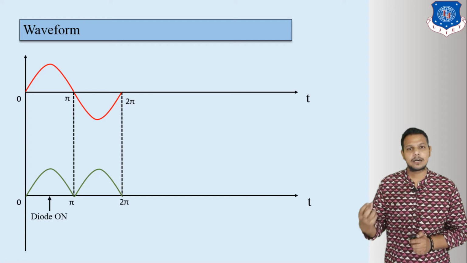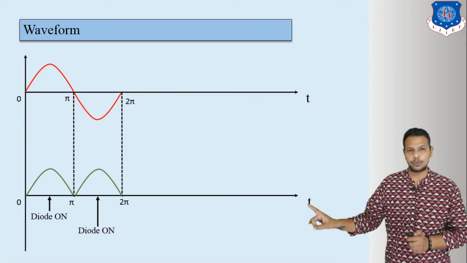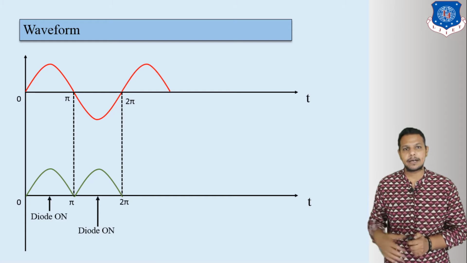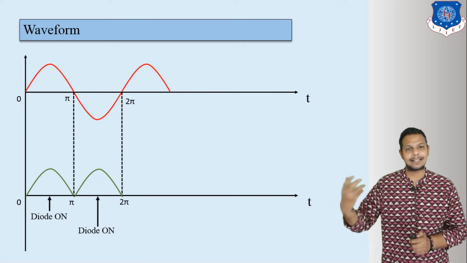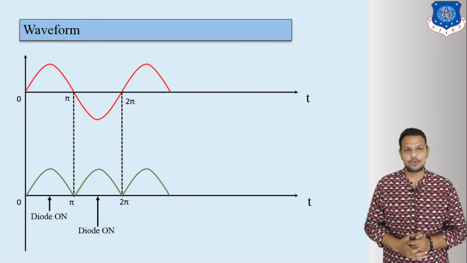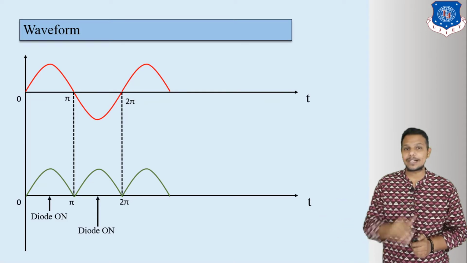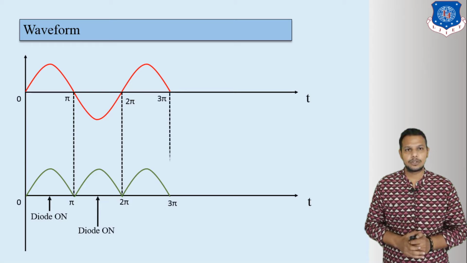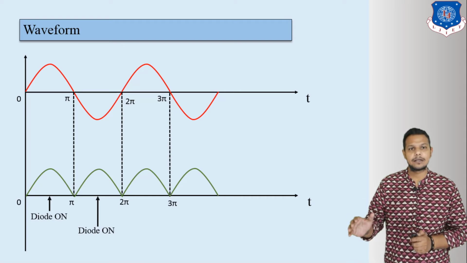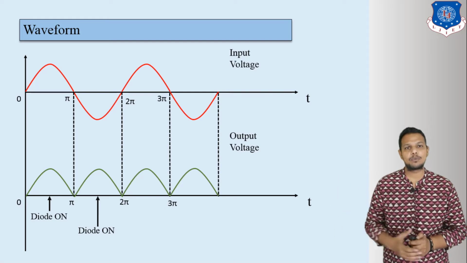That means the diode is on, but make sure this diode is D2 and the first diode is D1. Now again, if we apply the positive half cycle at the input side, we get a positive half cycle again at the output side, and at this time diode D1 is on and D2 is off. So this is the final output which we get after this construction. Now, input to output waveform.